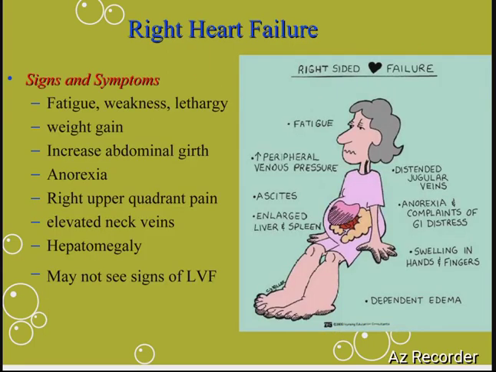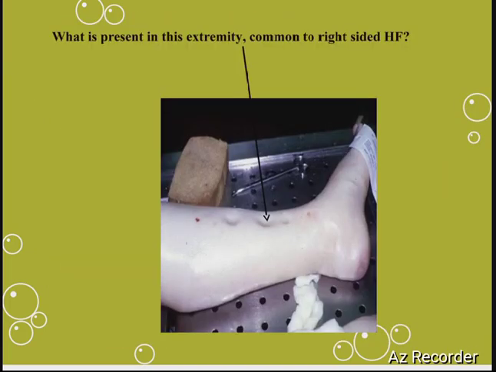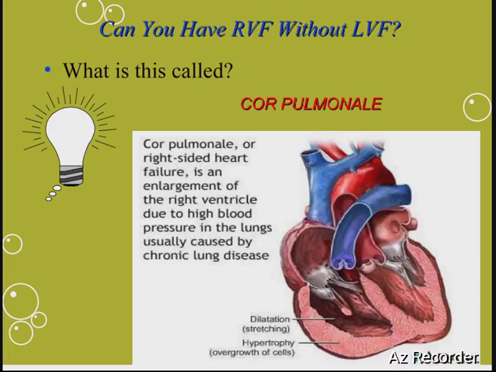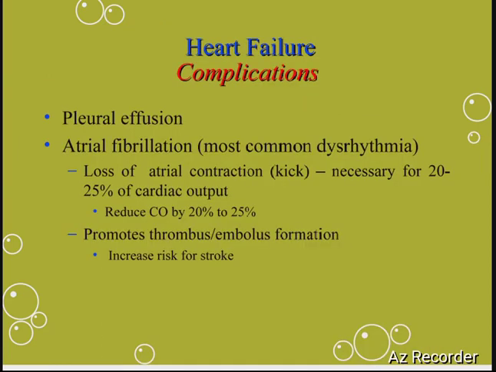Right heart failure signs and symptoms will be fatigue, weakness, lethargy, weight gain, increased abdominal girth, anorexia, right upper quadrant pain, elevated neck veins, and hepatomegaly; you may not see the signs of LVF. Cor pulmonale, or right-sided heart failure, is an enlargement of the right ventricle due to high blood pressure in the lungs, usually caused by chronic lung disease. Complications will be pleural effusion,